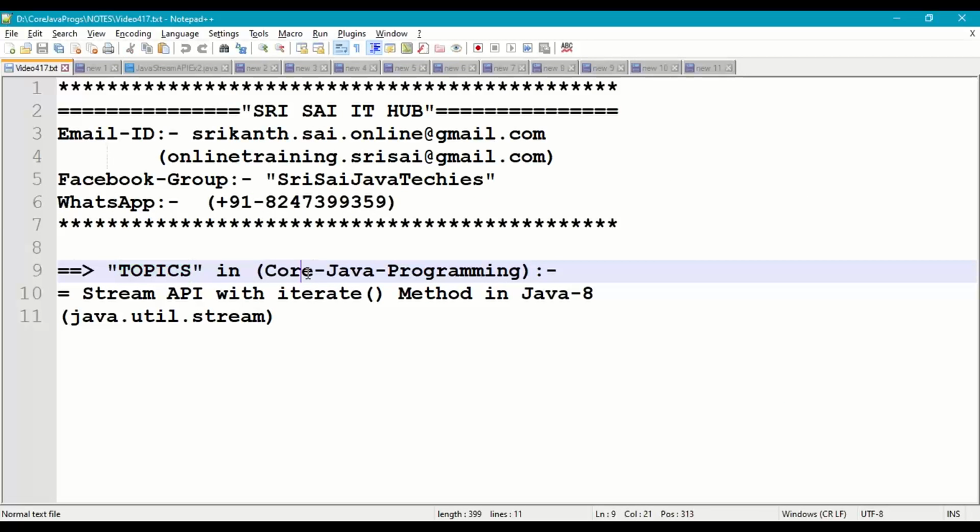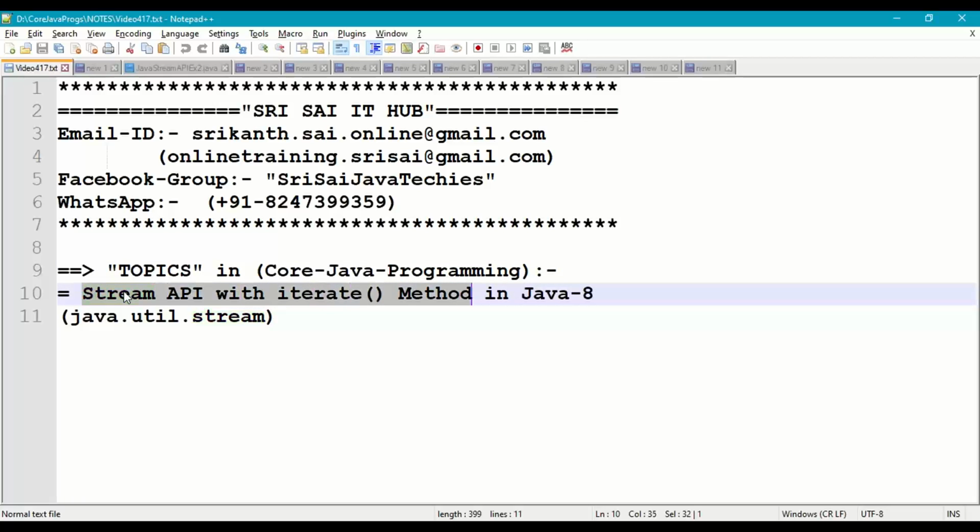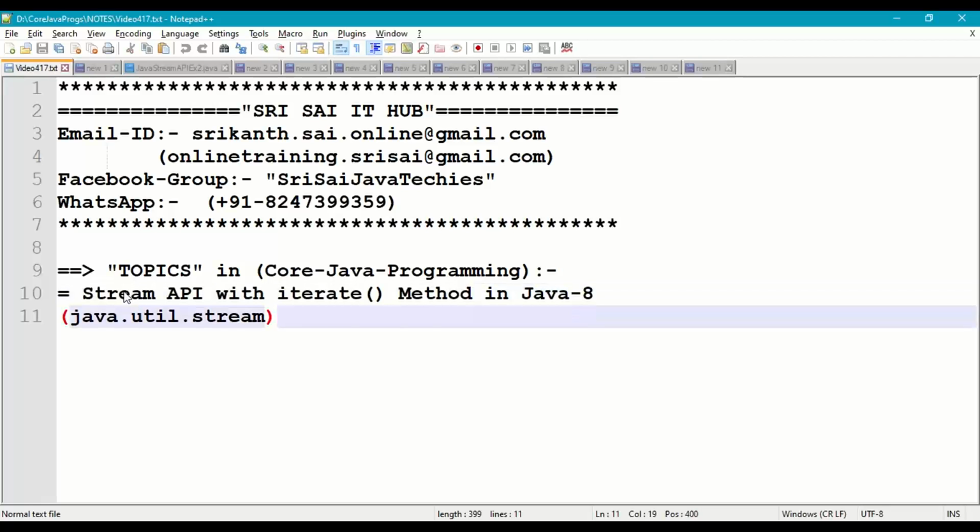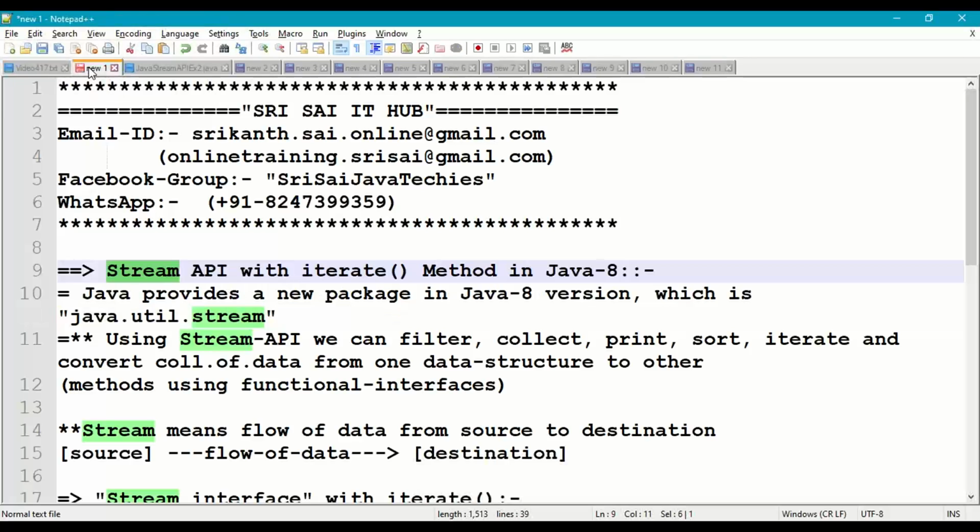In this video of core Java programming, we are going to discuss the following topic: Stream API with Iterator Method. So Stream API, java.util.stream. So what is this Stream API with Iterator Method? From Java 8, we got a new package, Java 8 version,